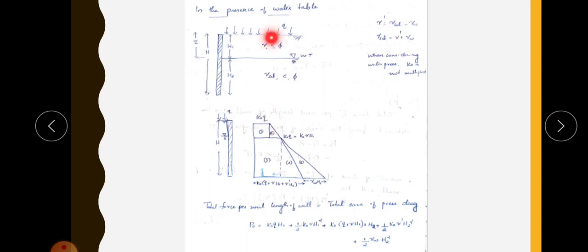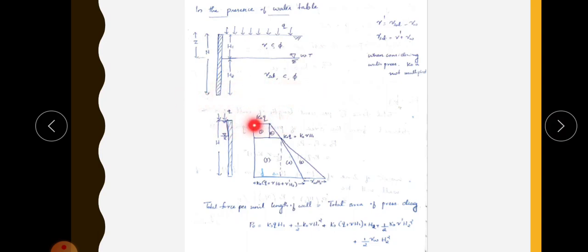Okay, so if the condition is like this, that is, there are different sections like this, here this is the section of height h1 and this is the section of height h2. In that case you draw the earth pressure diagram and start from the top. Take this section, draw and mark the points, and next take this section and mark the points and all the values of lateral earth pressure, and finally take the bottom point. Like that you have to start.